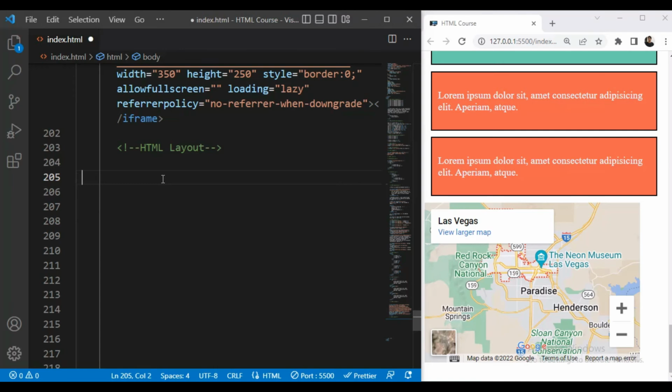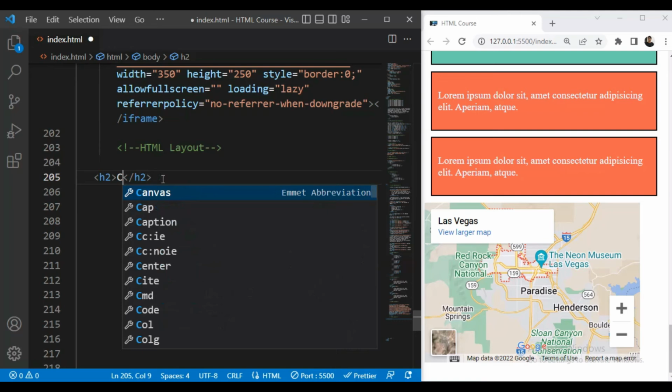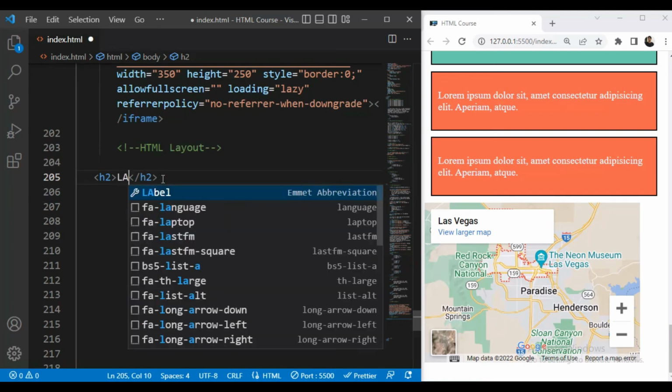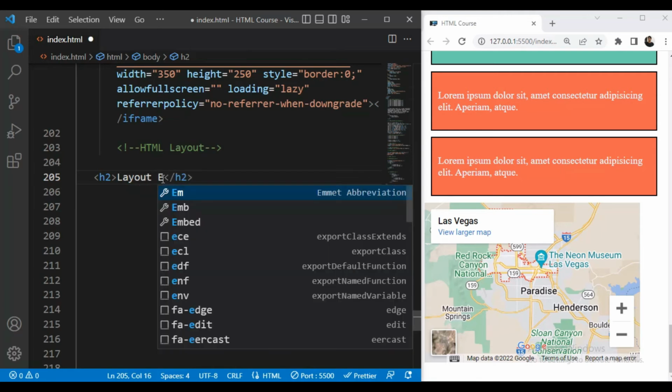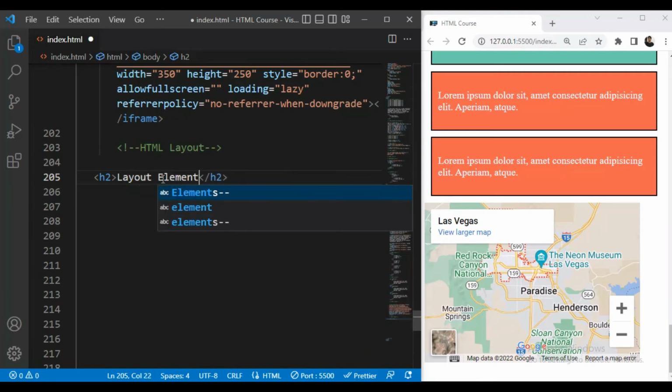So first we'll take here H2 and here we'll write layout element, then we'll add some paragraph.